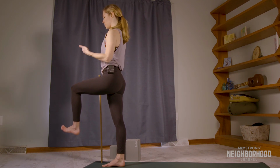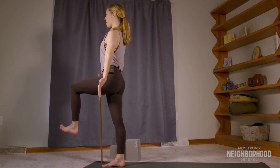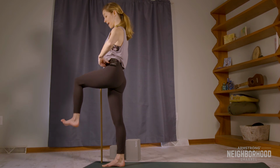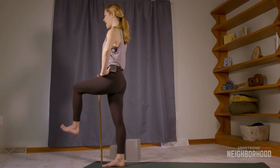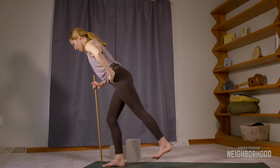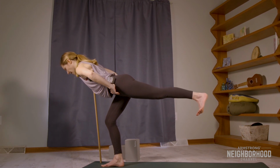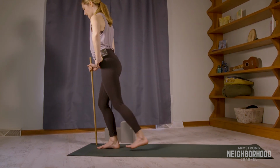And we are going to do some hip hinging here. Option for the arm, you can always have your strong mountain arm or hand on the hip, which is something I like because it makes sure that I'm not lifting my hip as I do the hip hinges. So we inhale here, and then exhale, soft bend in the right knee. We're actually coming into our warrior 3 position. Nice flexed foot on the left side, and then inhale up,